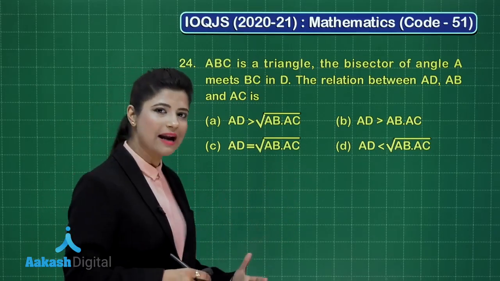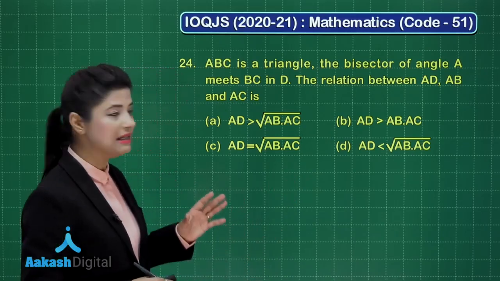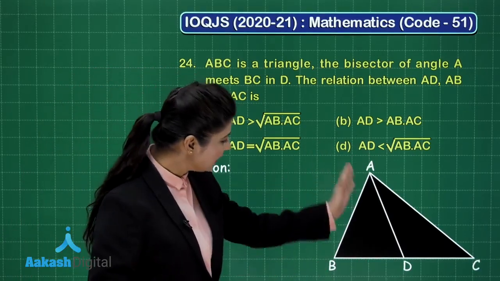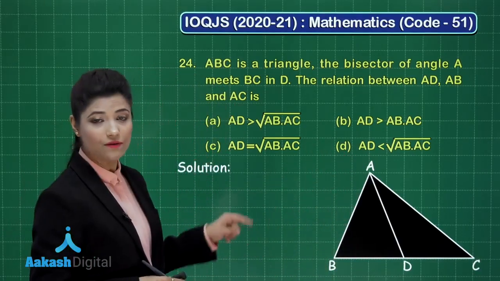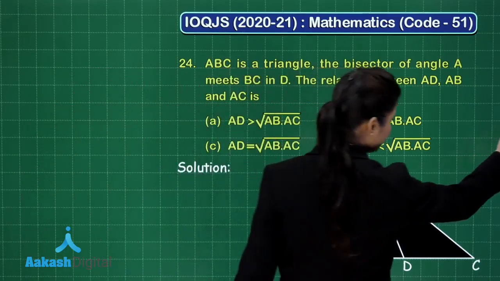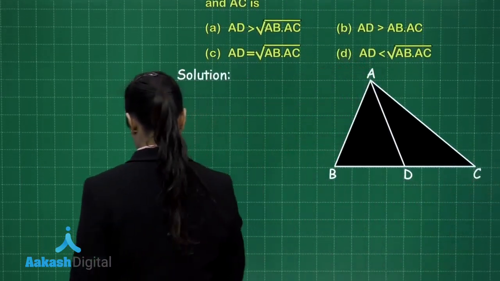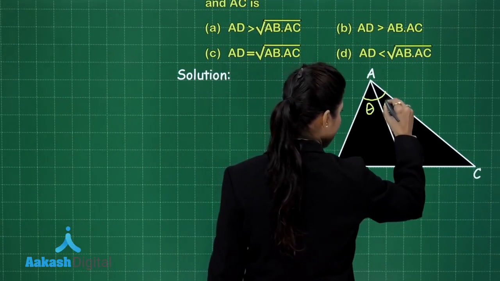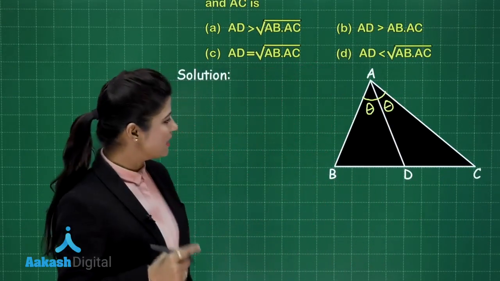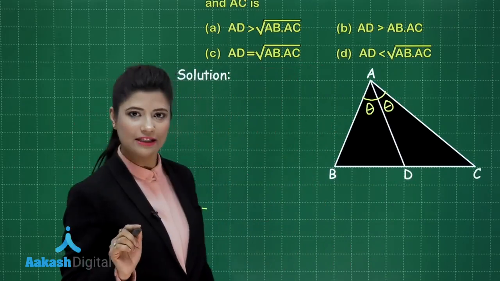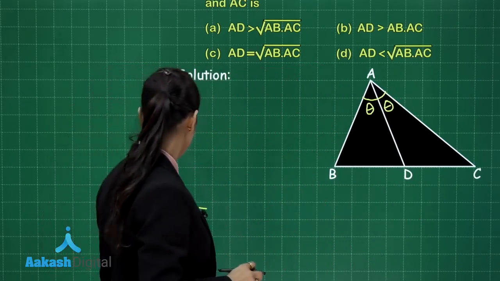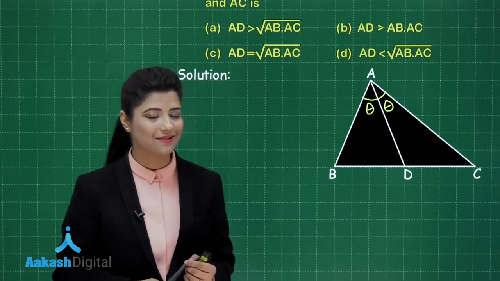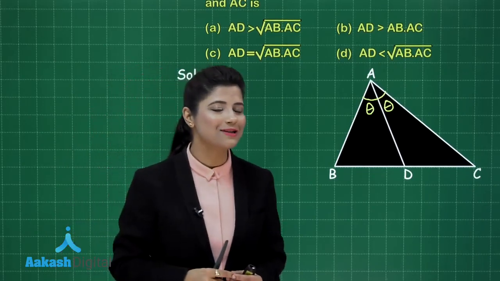To have a better understanding of this question, we need to first draw the triangle ABC mentioned here. According to this question, in triangle ABC, AD is the bisector of angle A, which meets BC at point D. So clearly this angle will be bisected. Let me consider this angle is bisected as theta, theta. So we have angle BAD and angle CAD both equal to theta. We have very well understood this important theorem related to the internal angle bisector. What does the internal angle bisector theorem tell you?